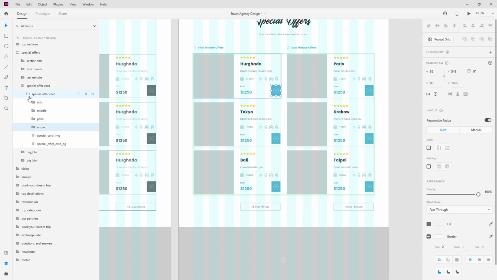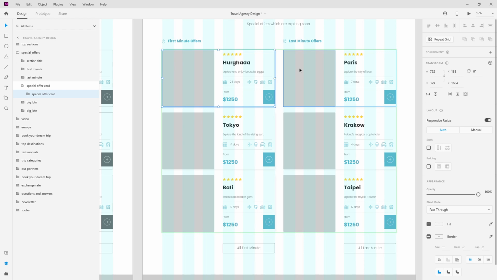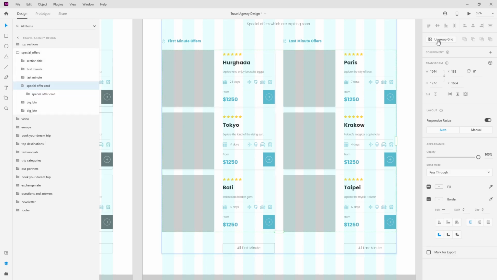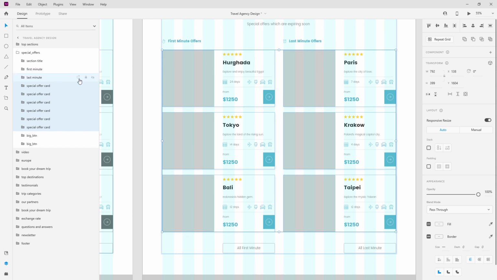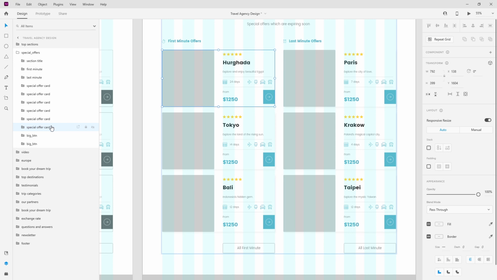The last thing we want to do is to add hover states, but as I said, we're going to do that in the next video when we start prototyping, but I just want to quickly go ahead and add my images. So what I'm going to do is I'm going to actually ungroup my grid like this. I get all of these different options. And what I don't really like is that the first one is this last one here in the layer stack, and this last one is the first one in the layer stack. So I'm going to give them names. So this is Hurghada,